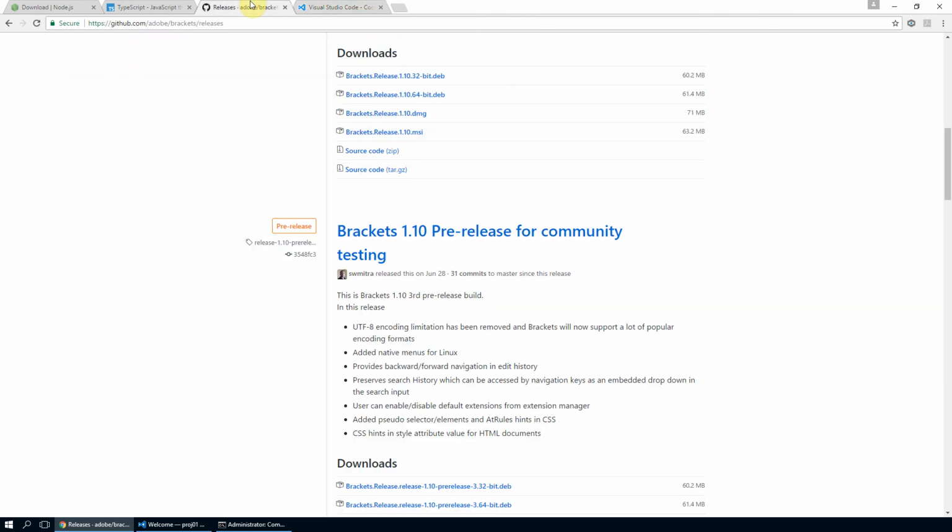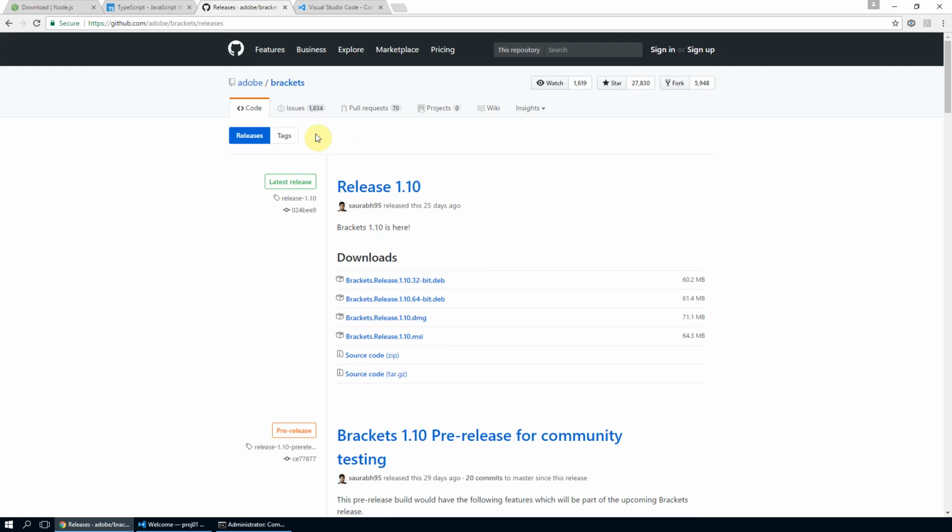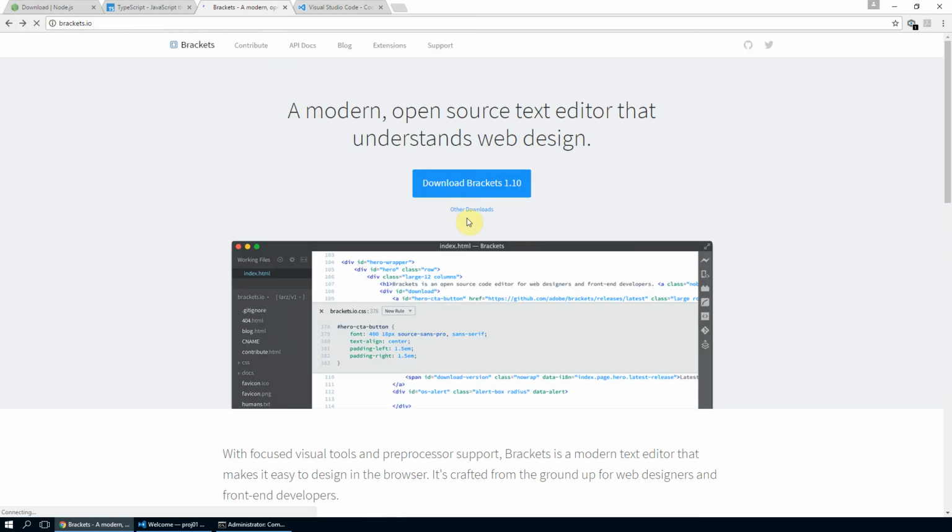I would also recommend you to go ahead with Brackets. If you want Brackets to work with TypeScript, then you can also install it. It is also an equally beneficial IDE, which is going to help you a lot in terms of code intelligence and code completion.